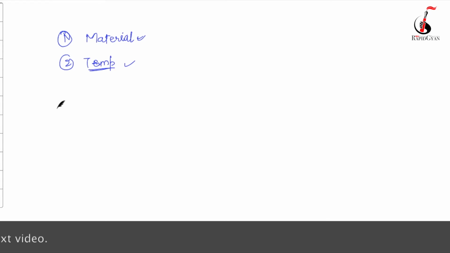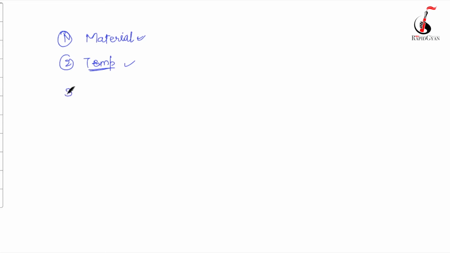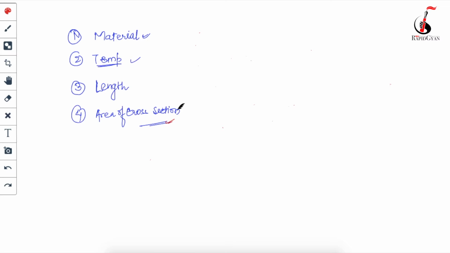The main thing which you will have to notice is that it depends upon the length of the conductor. Suppose I'm talking about conductors only, so it will be depending upon the length of the conductor, and at the same time it will also depend upon the area of cross section. Area of cross section, how it depends, I will just explain, guys. Just listen to my words very carefully. We are going to discuss these two things. So how your resistance is dependent upon these two factors.